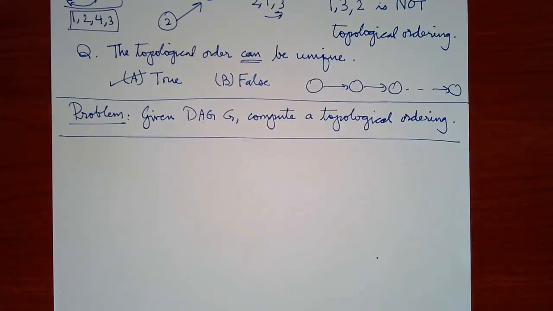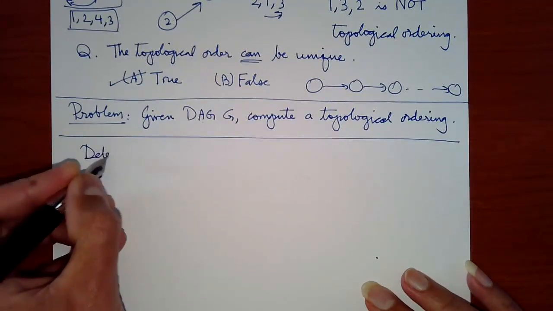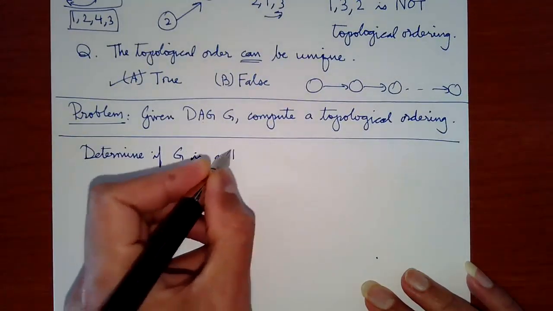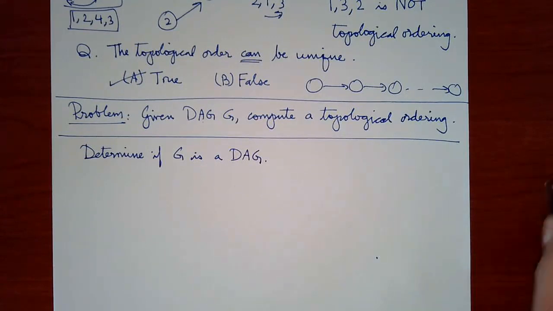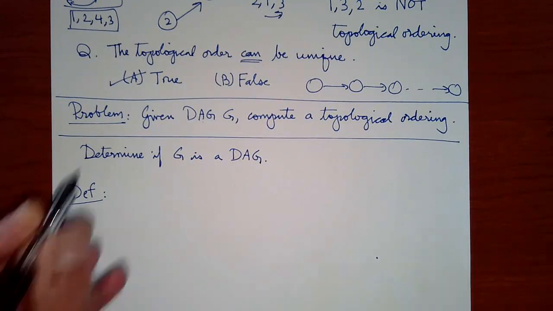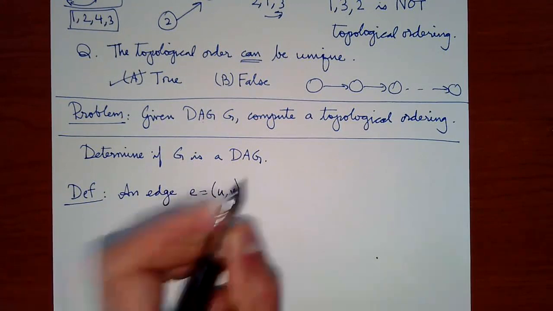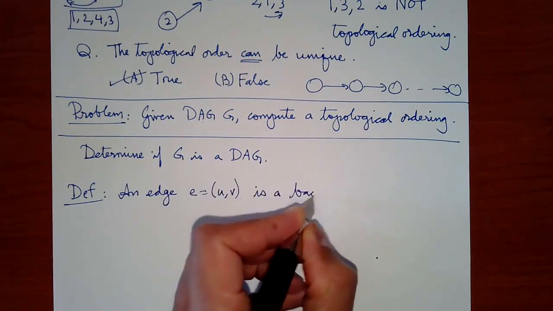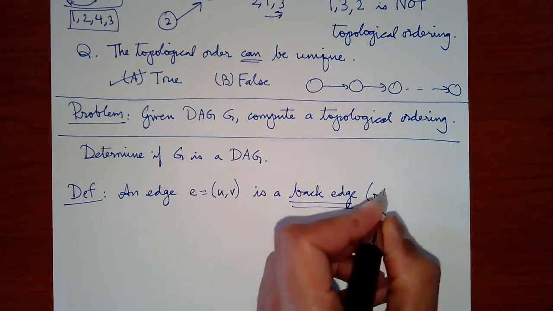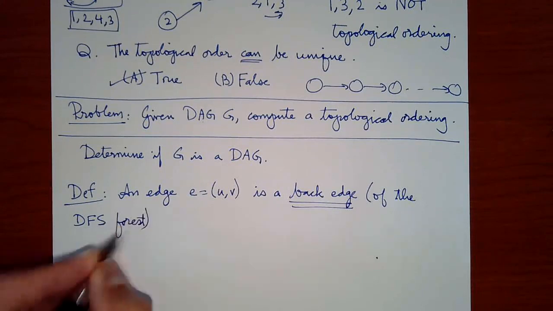Okay. All right. So let us now continue with the second problem: how do you determine if G is a DAG? It turns out there's a fairly simple solution. And for that solution, first let me give you a definition. I'll say an edge (U, V) is a back edge of a DFS forest